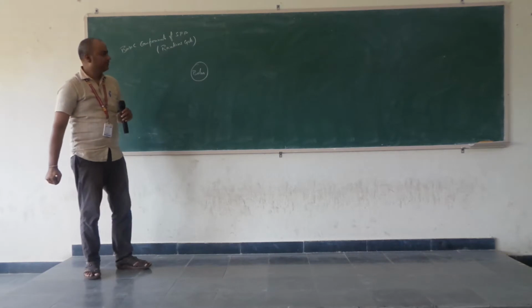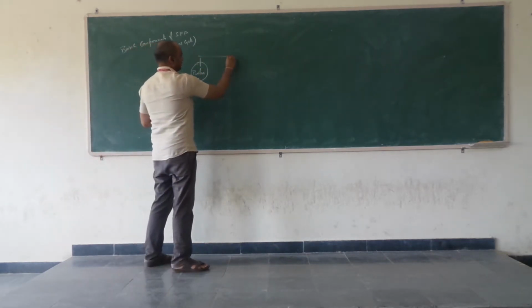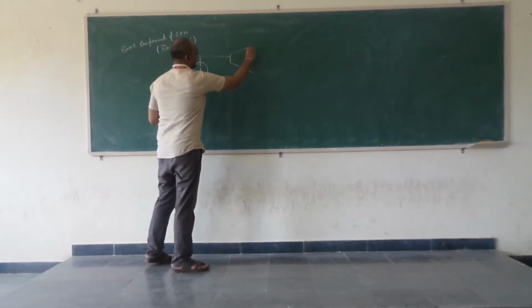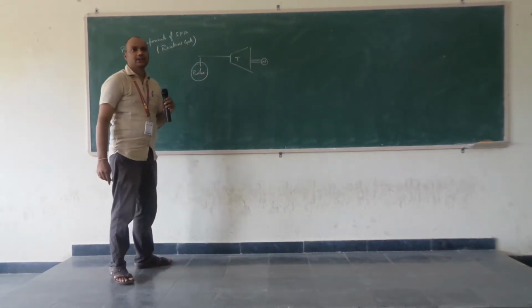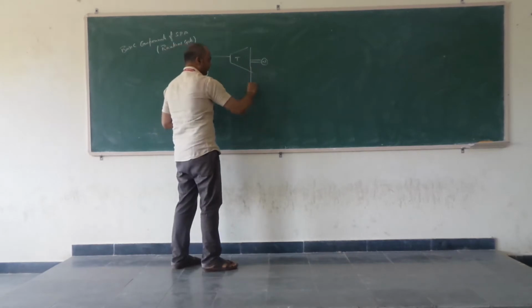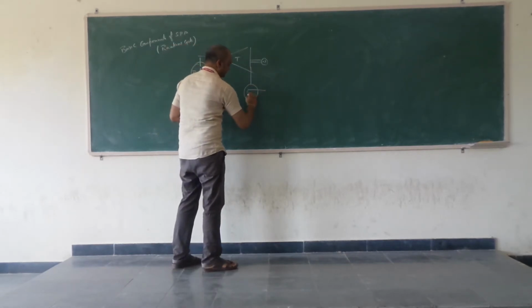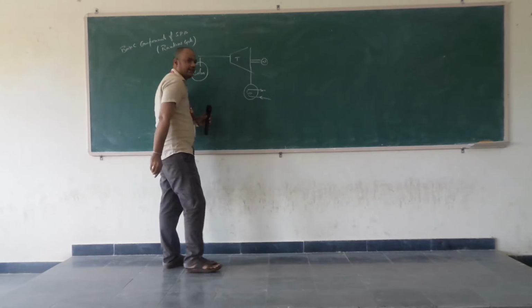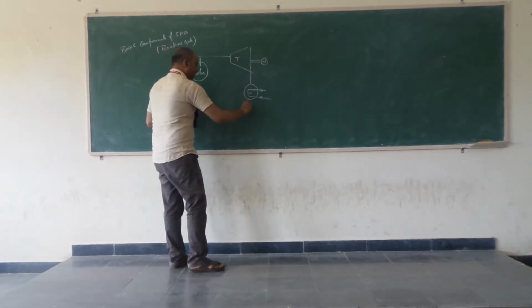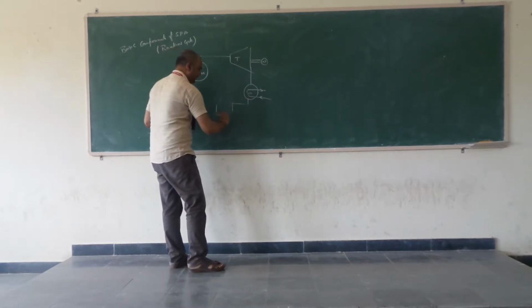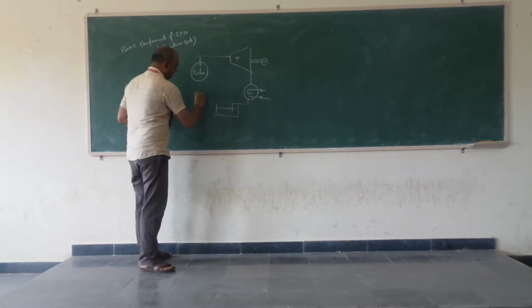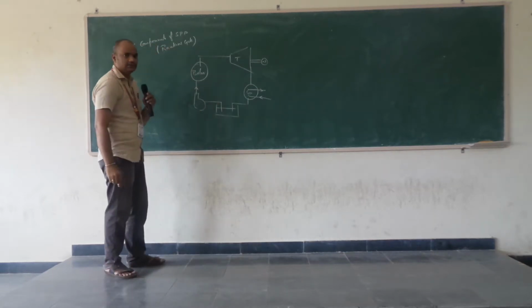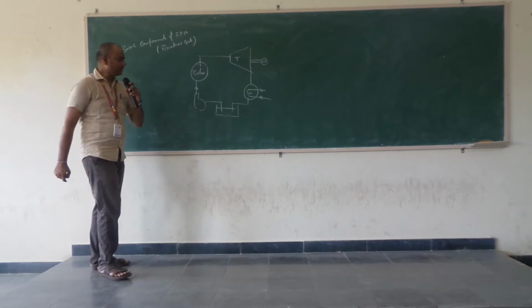After this boiler, the steam enters into the turbine, and this turbine is connected to the generator here. After this turbine, steam enters into the condenser. After this condenser, the steam again enters into this hot well where we are collecting the condensate, and then from this hot well we are supplying that condensate again by placing this pump into the boiler.